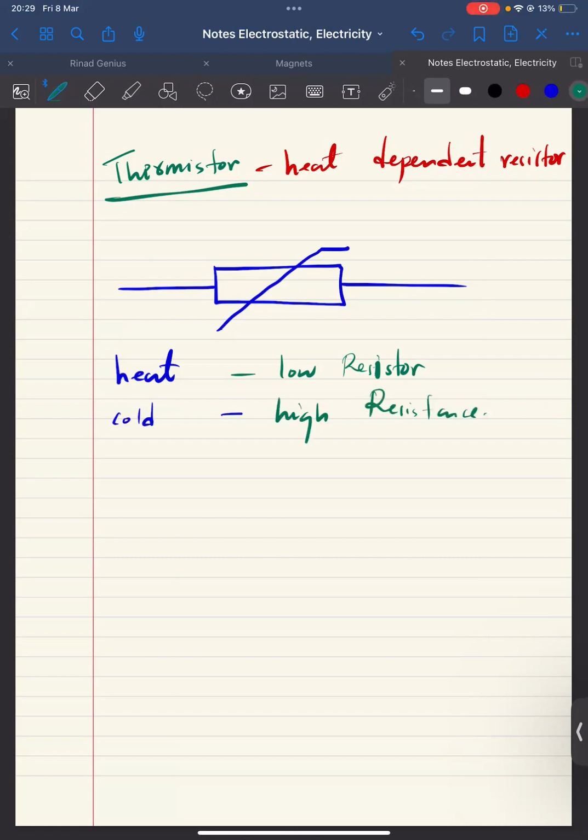So these are basic stuff that you're supposed to know about a thermistor. A thermistor is a resistor that changes its resistance based on heat. If there's a lot of heat, then the resistance is low. If there's little heat, then the resistance is high. Again,